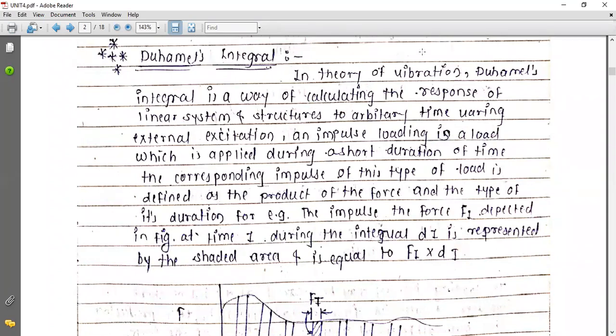In theory of vibration, Duhamel's integral is a way of calculating the response of linear system